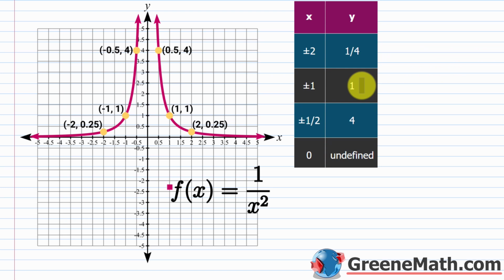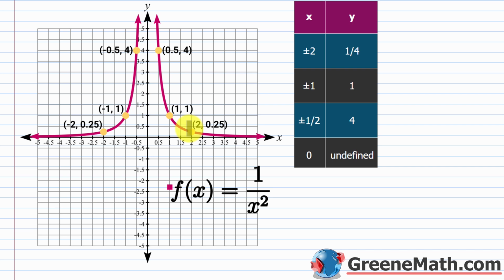So coming down to the graph, again, this is one that we've seen before. So for f of x equals 1 over x squared, if you have an x value of either positive 2 or negative 2, you're going to get a y value of 1/4. Again, we know that squaring a number, if it's negative and you square it, you get a positive. If you square a positive, you keep a positive. So 1 over negative 2 squared, that's 1/4. Then 1 over 2 squared, that's also 1/4. So you get this point right here, which is negative 2 comma 0.25, and this point right here, which is